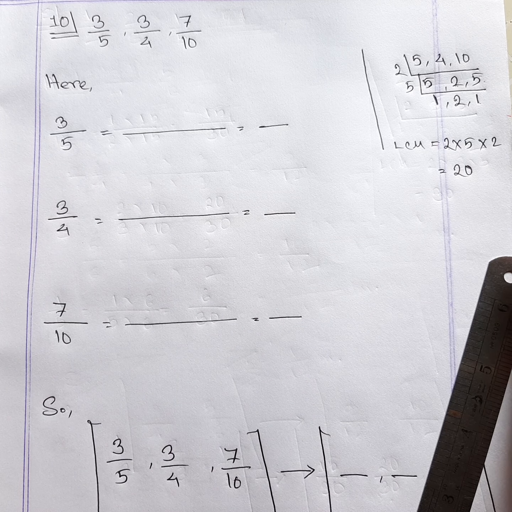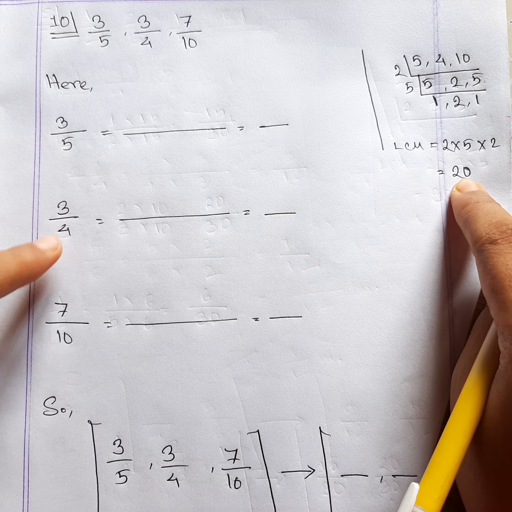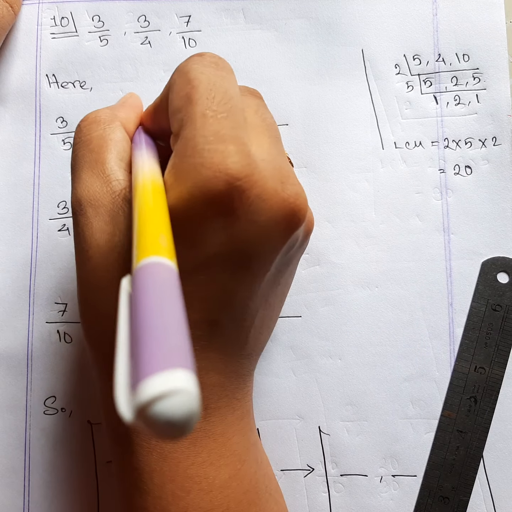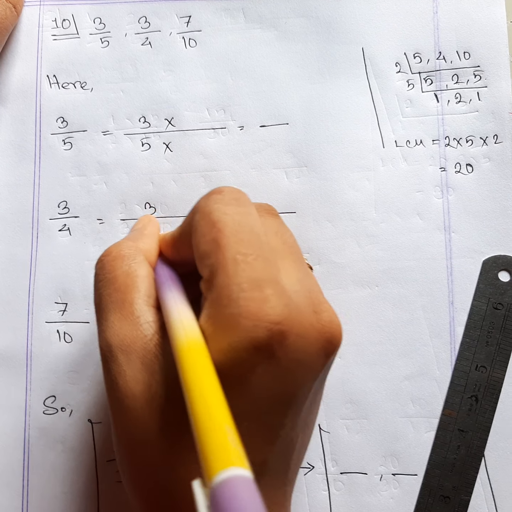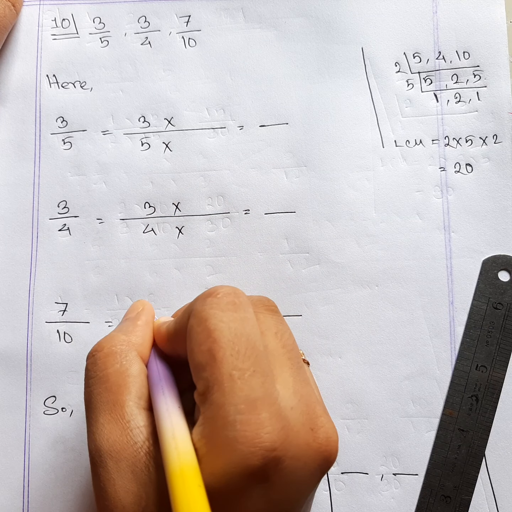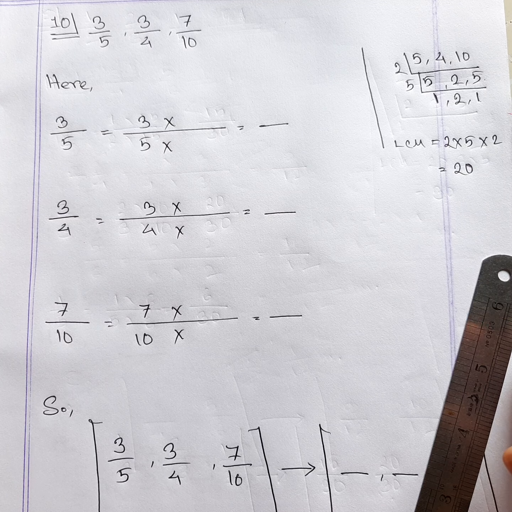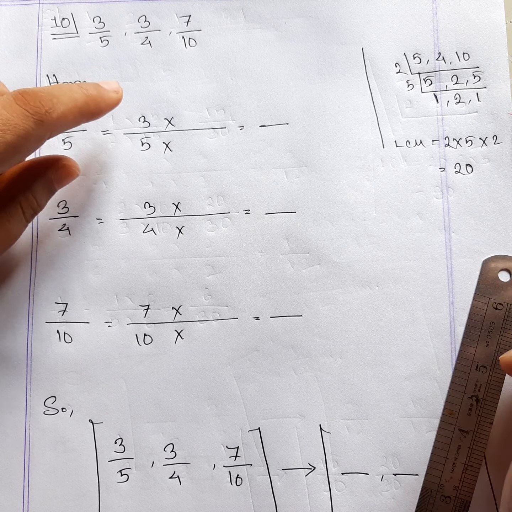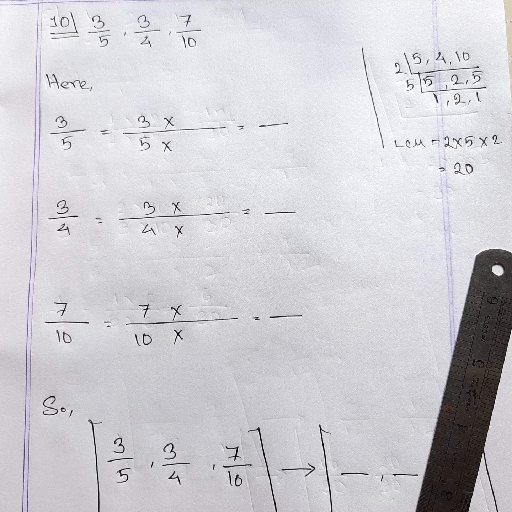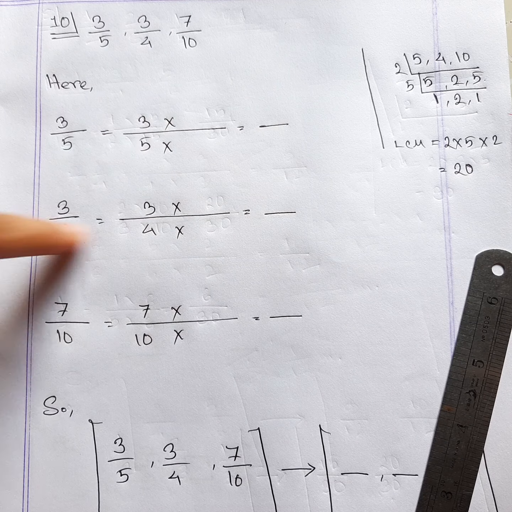So now what we are going to do, we are going to divide the LCM with 5 first, then 4, then 10. But before that, let me write down the fractions over here along with the multiplication sign. Why do I do it? To make it a little bit easier. If you find it easier, go for one line. I can do it that way, and that way. If you want, you can go for that way also. I don't mind.